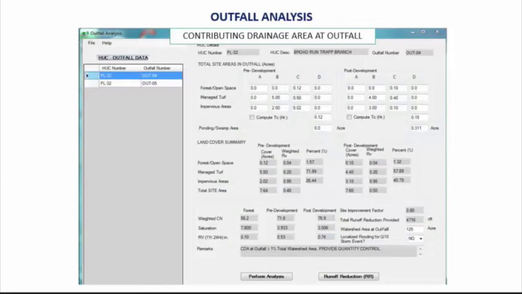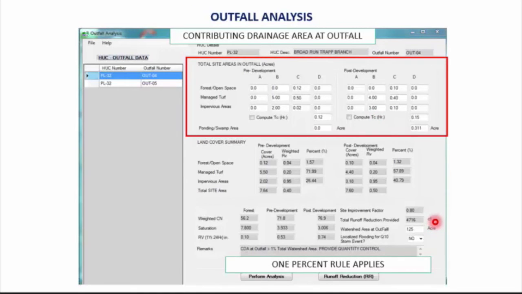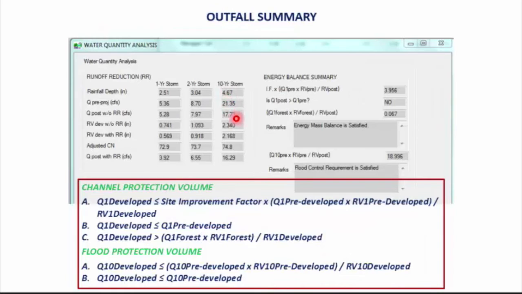The outfall analysis for each contributing drainage area at the outfall, the pre-project and the post-project site areas corresponding to spreadsheets B to F of the VRRM spreadsheets are identified here. The user will also be required to fill in the receiving channel area to determine if 1% rule applies or not. If it does not apply, when you perform the analysis, the summary table will give the runoff reduction computations,